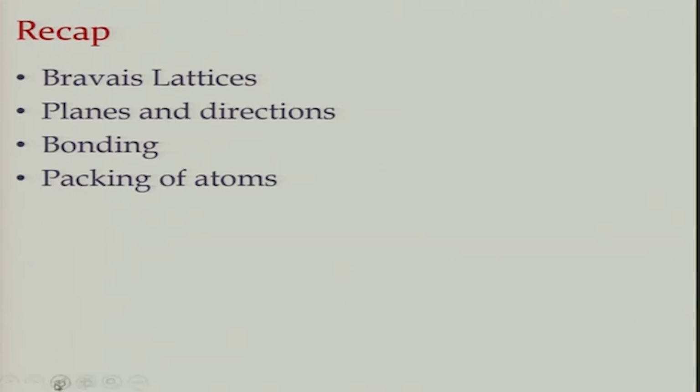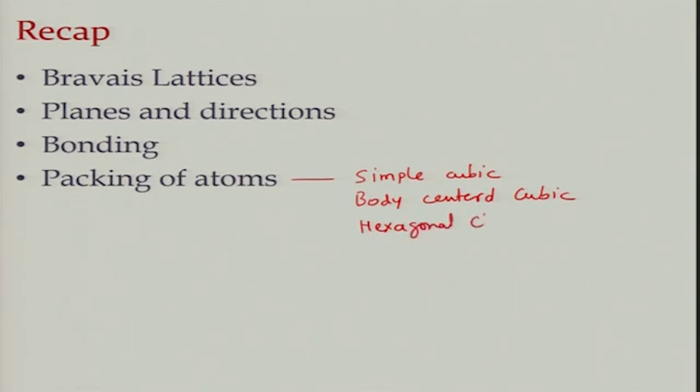structures of these materials. So, we looked at packing methods which can lead to simple cubic structures, body centered cubic structures, then we looked at hexagonal closed packed structures, and then we looked at cubic closed packed structure, considering that all the atoms are spherical in nature. So, these first two are not closed packed